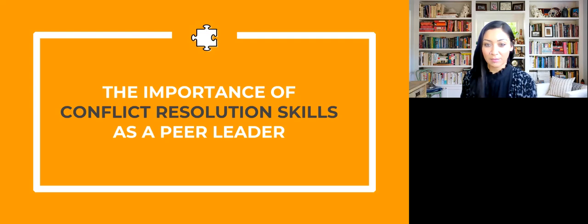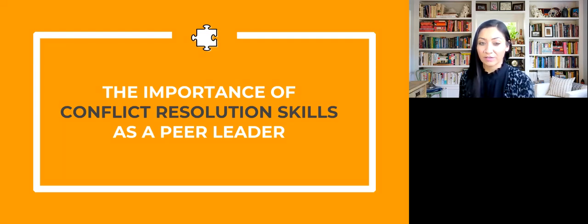This leads us to our second objective of understanding the importance of conflict resolution, specifically in your role as a peer leader. Just as you did a moment ago, take another moment and try to think of potential conflicts you may encounter in your role as a peer leader specifically. A couple examples that came to mind for me were a difference of opinion during a Zoom session, or a teammate not delivering or not performing the way that they used to.